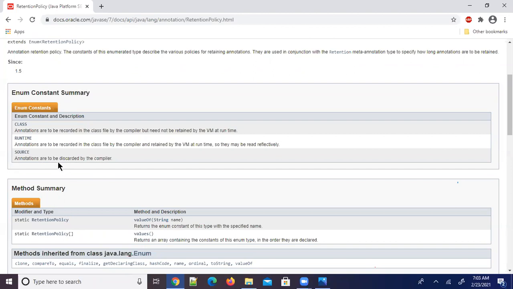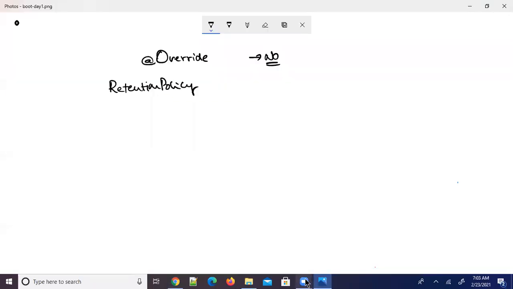So I just want to show you source, class, runtime. RetentionPolicy is one enum, public enum RetentionPolicy. What are the three constants?